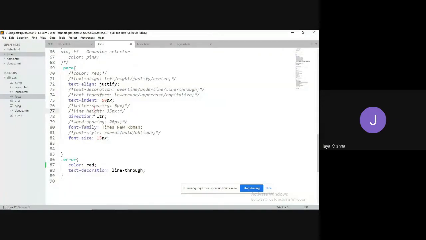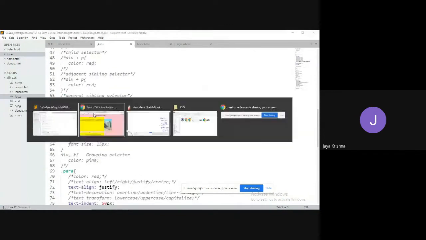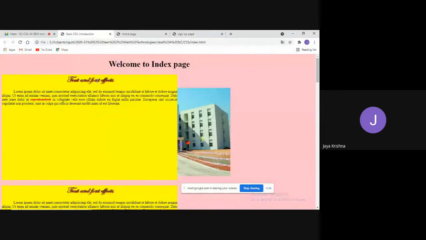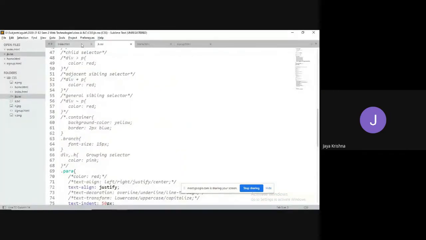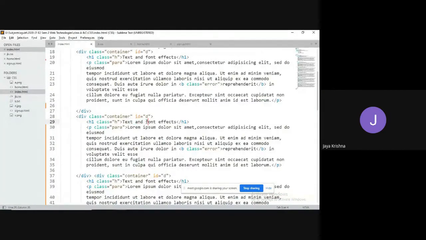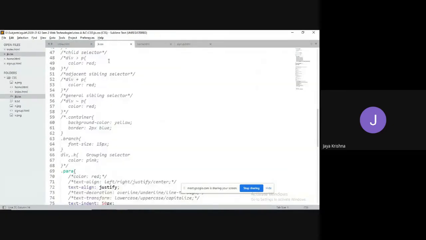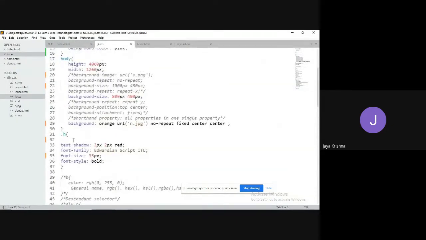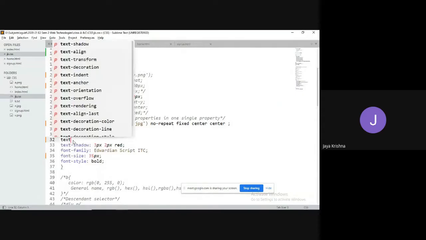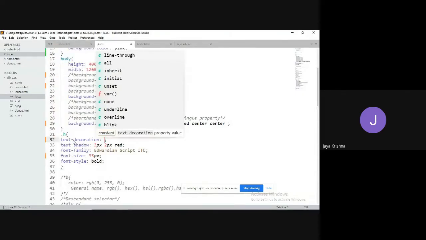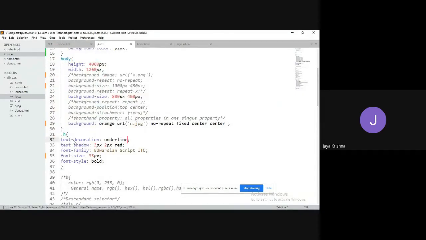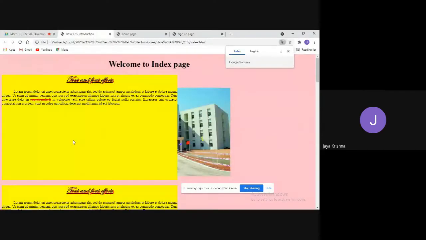For example, I would like to decorate this heading more. Where are those text and font effects, which are available in the h file? So I will go with the h file. I can go for text decoration. I'm going for underline. So it looks better.